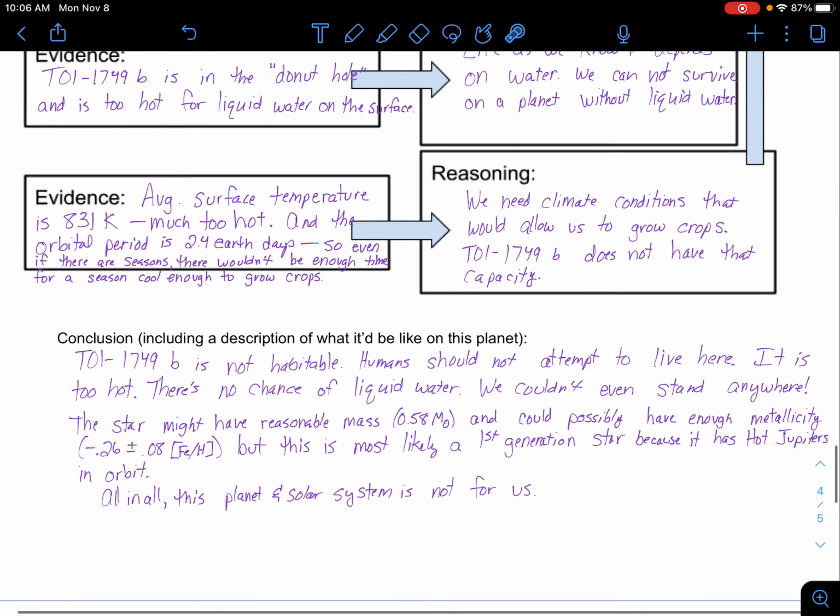Then I included a description of what it would be like on this planet. It is too hot. There's no chance of liquid water. We couldn't even stand anywhere because there's no ground. The star might have a reasonable mass and could possibly have enough metallicity to allow for a rocky planet, but it's not. It's most likely a first generation star because it has hot Jupiters in orbit. Refer back to our previous solar system notes about why we know there would not be hot Jupiters in a second generation system, and go on about that. That could get you some extra wow points on your analysis here. So anyway, all in all, this planet and this solar system in general is just not for us. Now, get your project